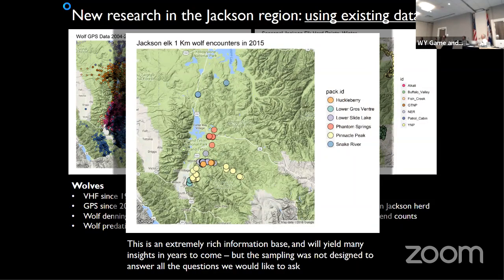But just to give you a sense, this is just pulling, say, from 1 year, where there were 1 kilometer encounters between wolf, silver collared, and elk, and that's what you get from a bunch of packs, and that's a pretty sparse year. So there's a lot of information in there to ask important questions about the system.